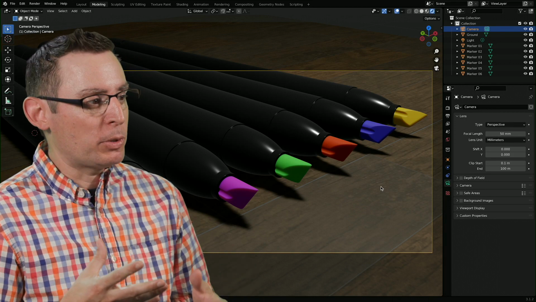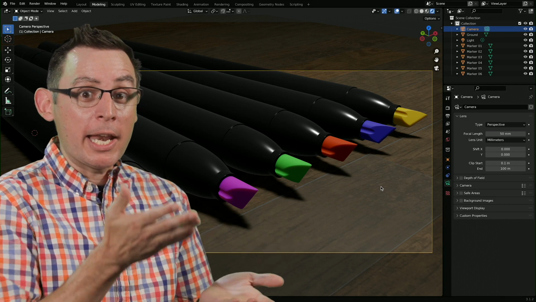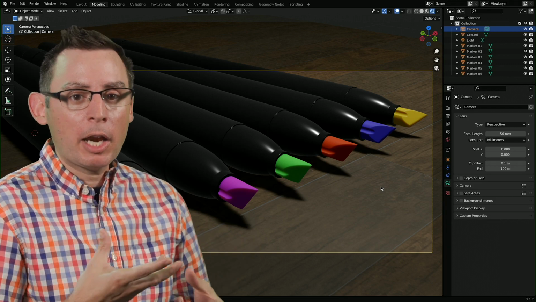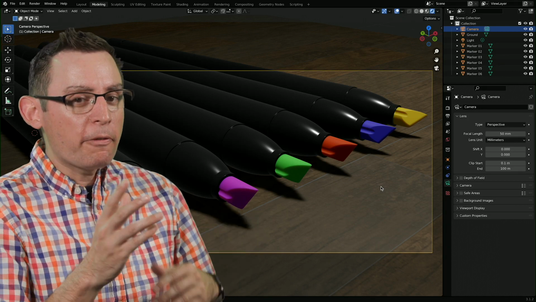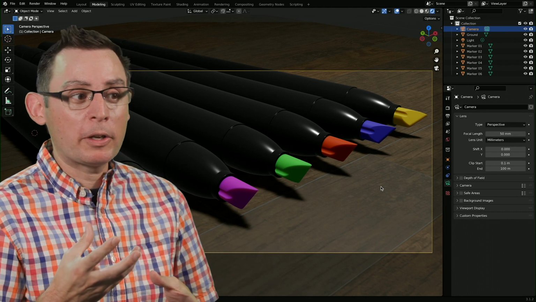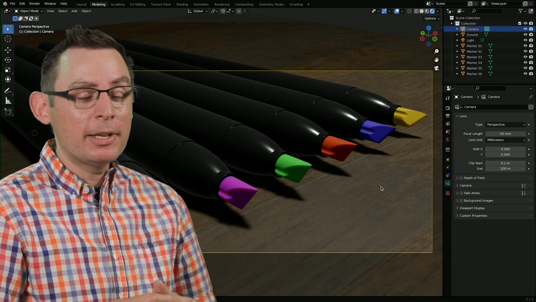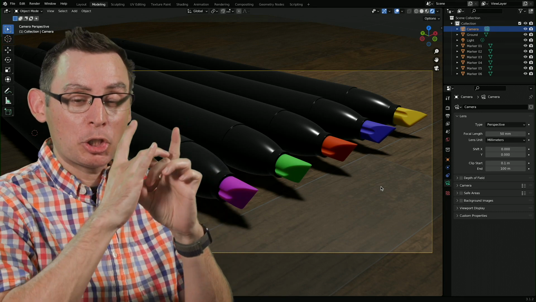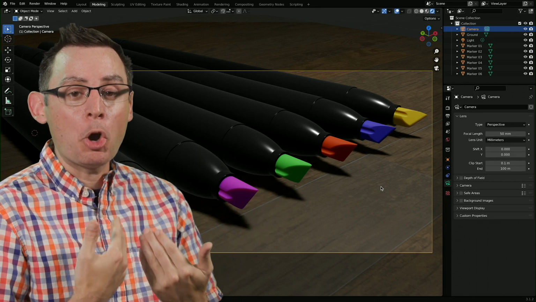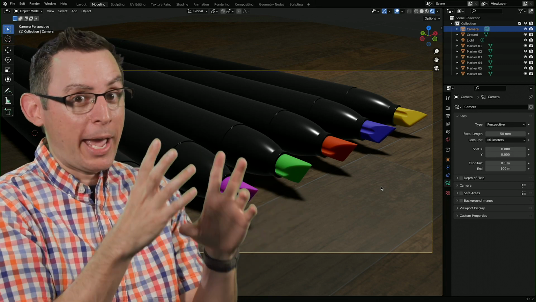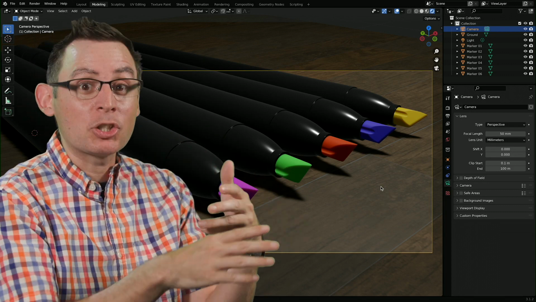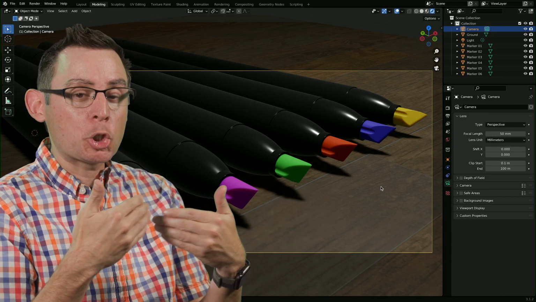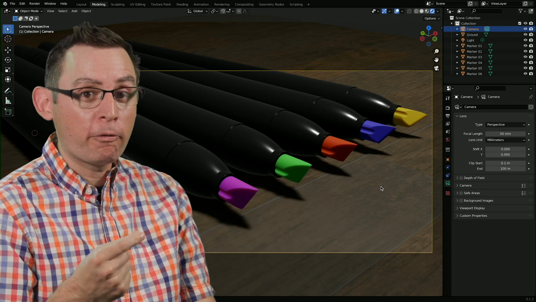One of the big differences between a computer rendered image and a photograph is that lens. Even though we can simulate a camera lens in the computer, all of the functions and features of a traditional photographic lens are not on by default. Specifically, a camera lens out here in the real world is going to be using an aperture to determine how much light is coming through the opening of the lens. Well, with the computer, we don't have a physical opening that lets light in. It's all simulated. But the simulated effect of that aperture opening and closing is turned off by default.